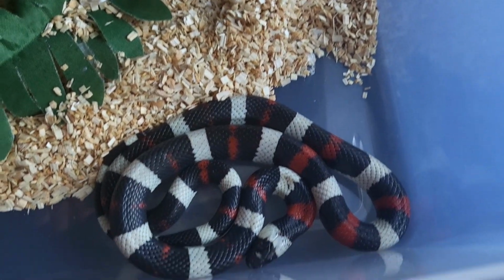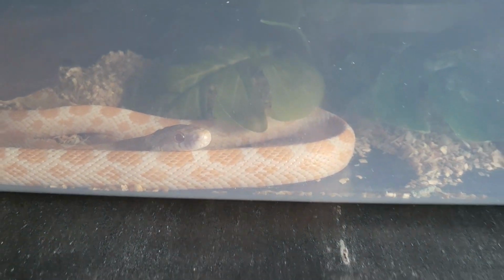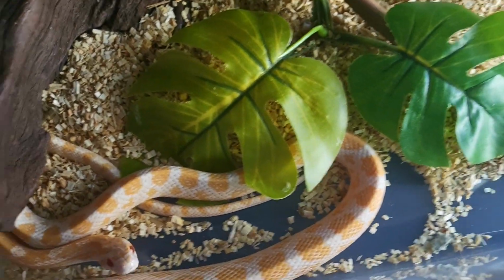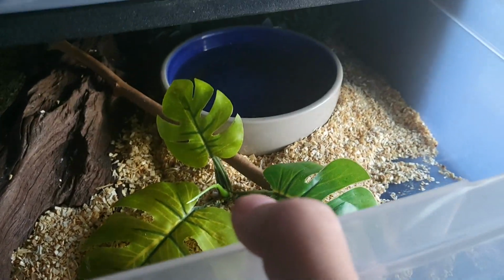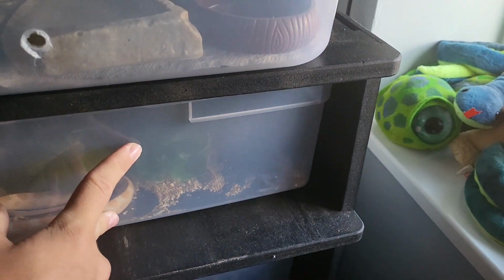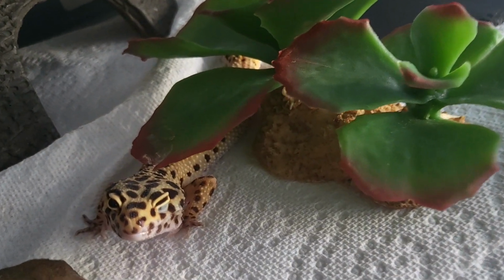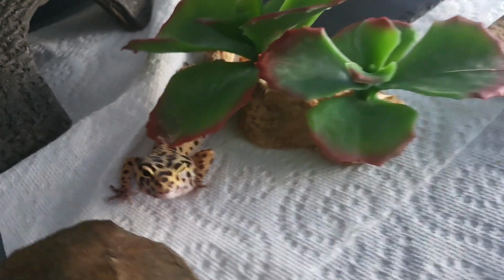And there's Joker, pretty boy, my Pueblo milk snake. And there's Julius. They're a little bit skinny right now, you probably noticed, because I need to order some pinkies. And there's Cosmo. I had her out earlier. Anyways,